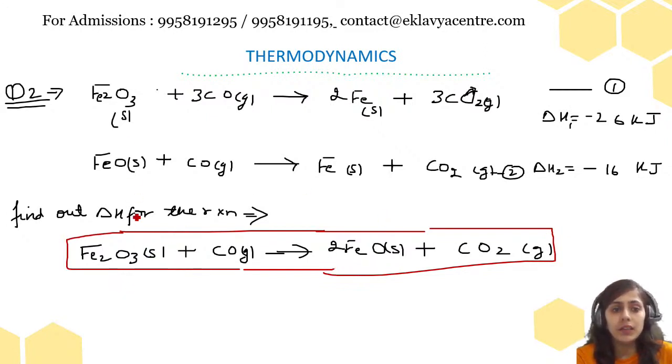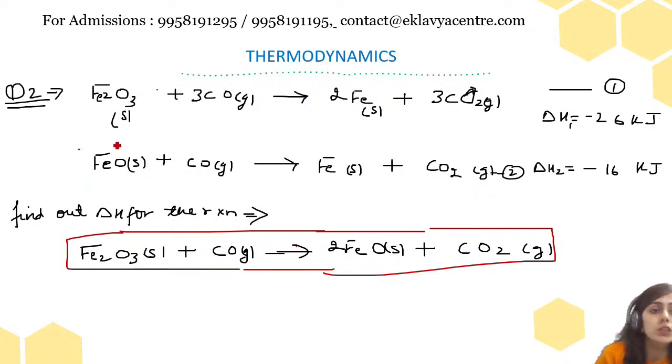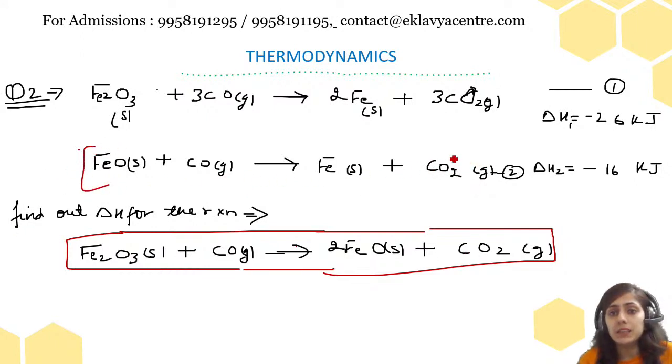Fe2O3 is the reactant, yes, left hand side, and we need CO gas. If we simply add these two equations, we'll get 4 moles of CO, but we need only 1 mole of CO. So what can we do? We need only 1 mole, so we cannot add this. And just check the equation. This is FeO, and we need 2 moles of FeO. This is CO2. If we add, we'll get 4 moles of CO2. If we subtract, we'll get 2 moles, but we need only 1 mole, and we need 2 moles of FeO. So if we multiply this equation by 2,